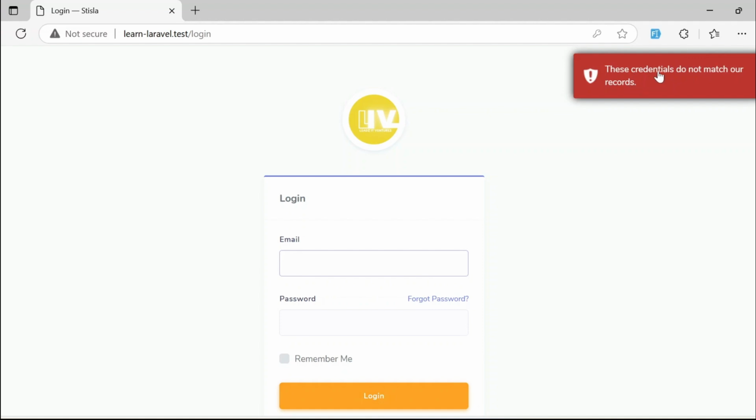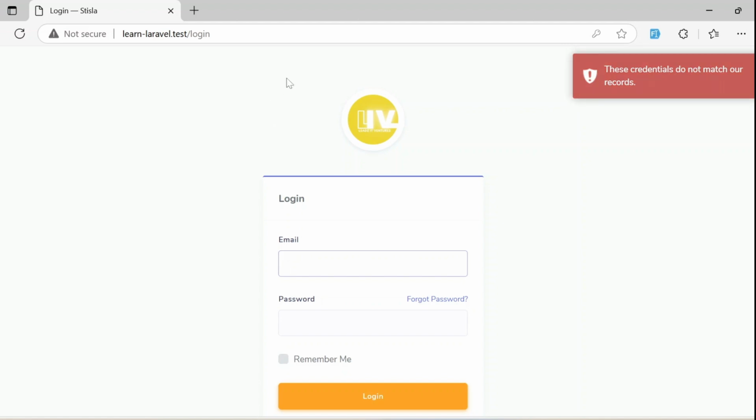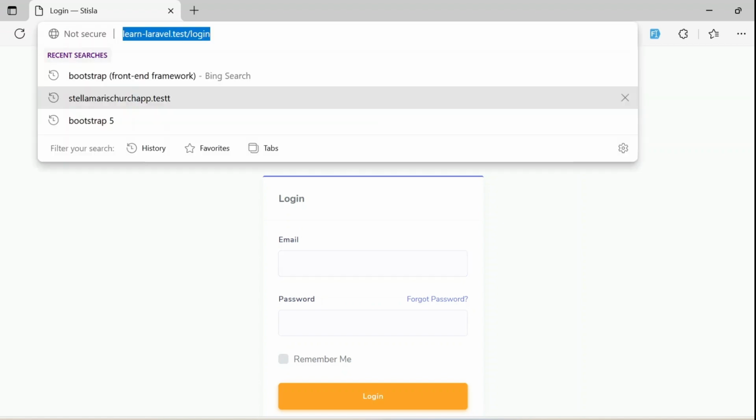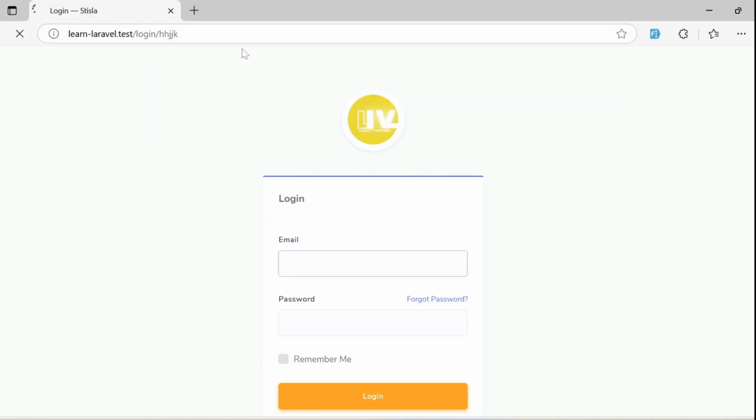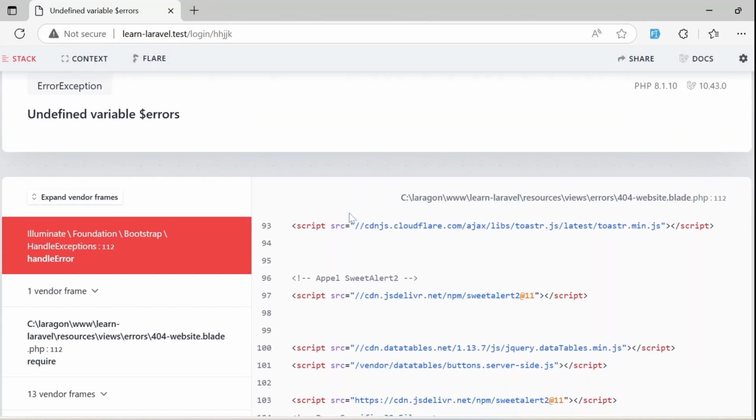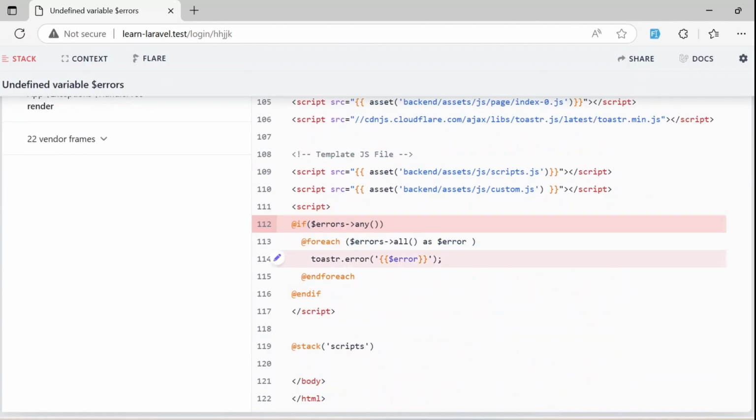So this error is coming from my toaster. So the error variable is the content of this error. However, when I try to go to a wrong URL and it threw this error,